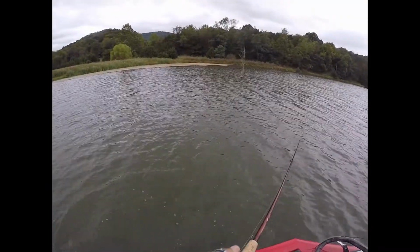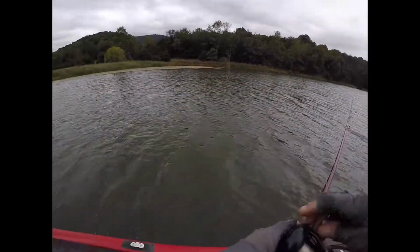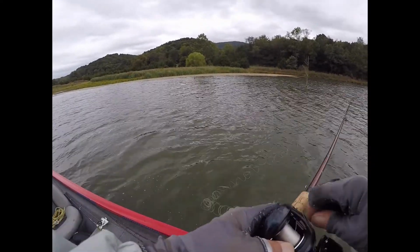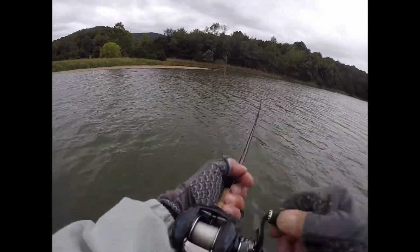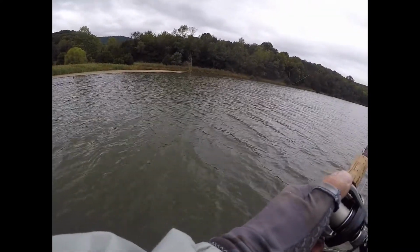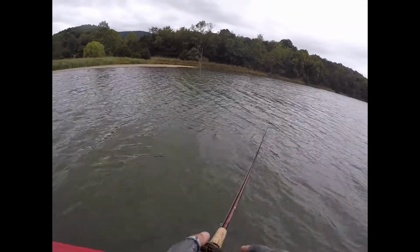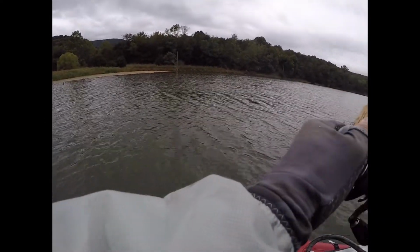I like catching bass. I like catching bass better when I catch them with lures that I make. So when I make lures, I base the colors on ones that have worked. And I like to do combinations. I never just pour a straight color. I don't know why. I just like pouring 2 different colors. It took me a while to figure out how to do this with the injection mold. The way I do it is the injection molds come in 2 pieces, a left and a right, okay? So what I do is I take both the left and right and I lay them down,